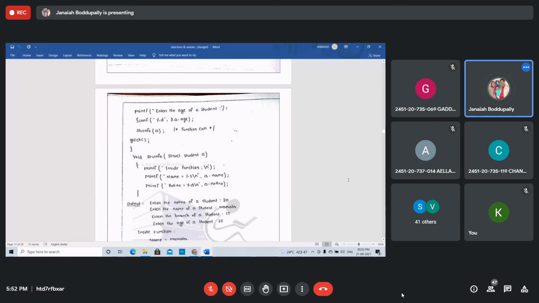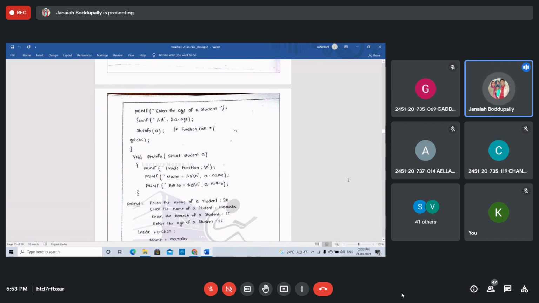Okay, students. Then I will explain the self-referential structure. I will start pointers tomorrow. If possible, tomorrow I will take the class. Otherwise, I will start pointers on Monday. Then after two or three classes of pointers, you will get some basic idea. Once you get pointers, whatever we missed, the two topics, call by reference and how to pass pointers to functions, I will close those two. Then I will go to files.